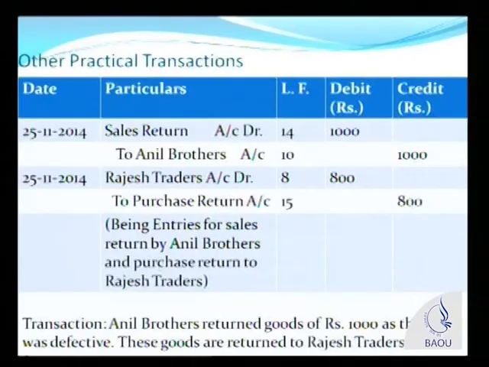Friends, I welcome you again to our discussion on journal entries, or journal, and we will try to understand it in a better manner with the help of some more transactions. These are all practical transactions which take place in almost all types of businesses. The next transaction